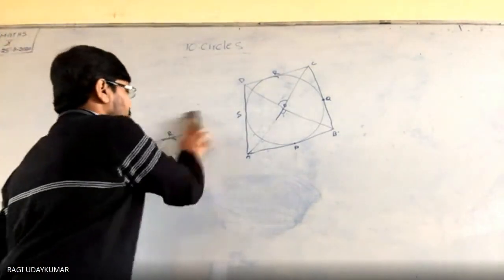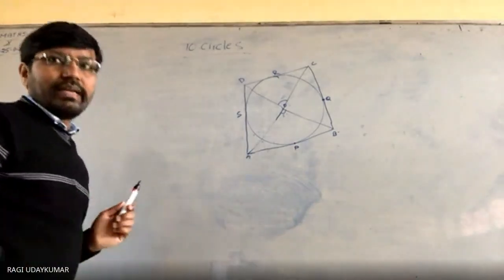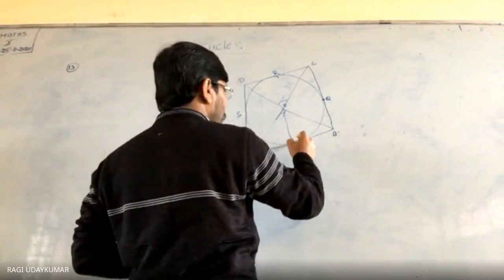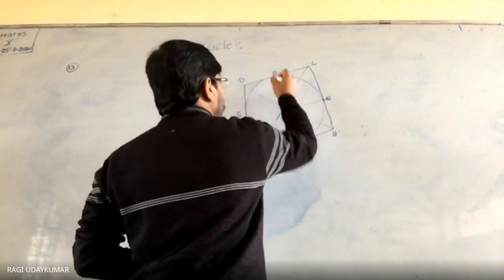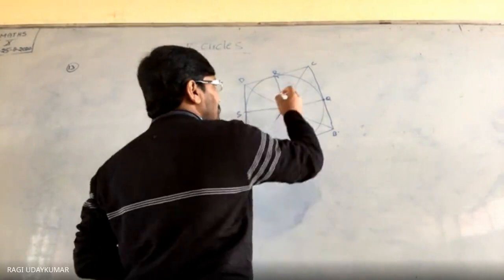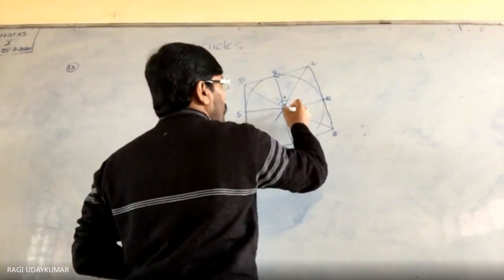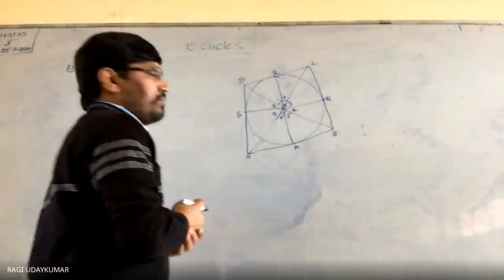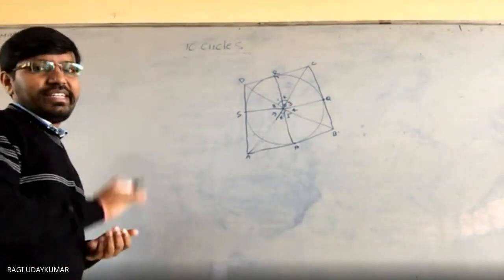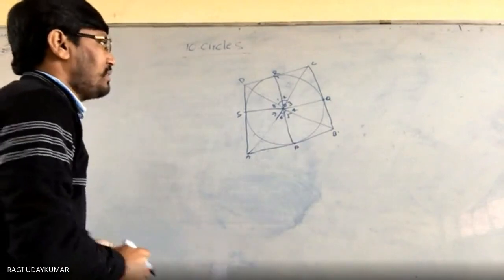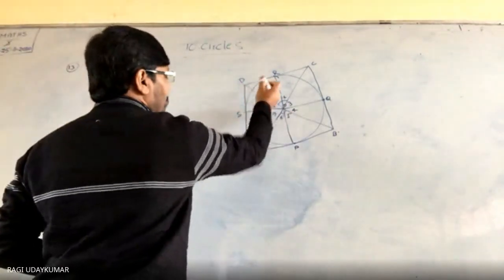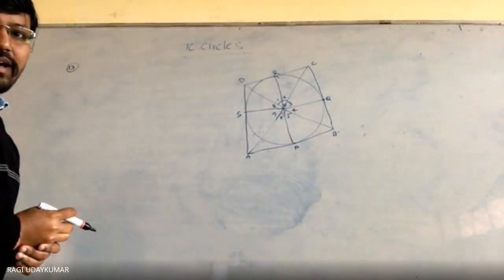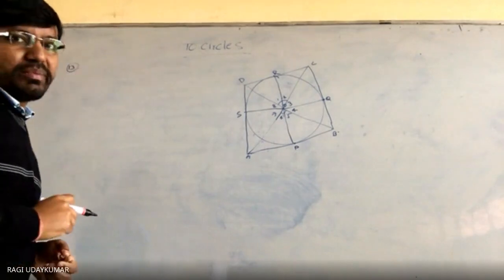Okay, so now looking at the figure, we are not supposed to consider that. And what should we do in this case? You join OP, OQ, OR, OS. Number all these angles 1 2 3 4 5 6 7 8 here. This we already did. So now if you take triangles SOD and ROD, SOD and ROD are congruent by RHS congruency. Already we proved it in the previous one.